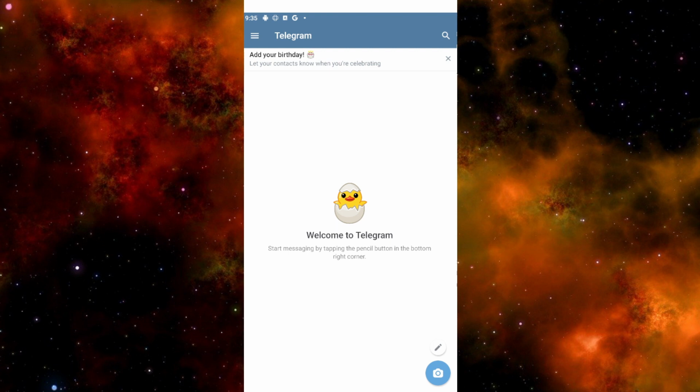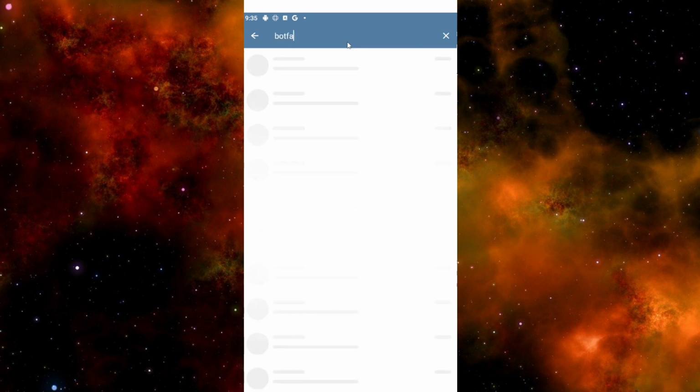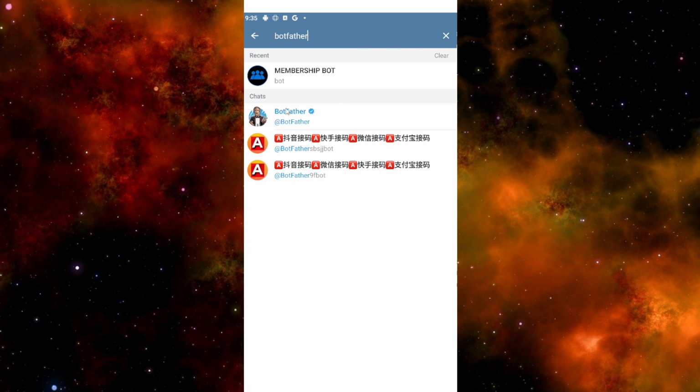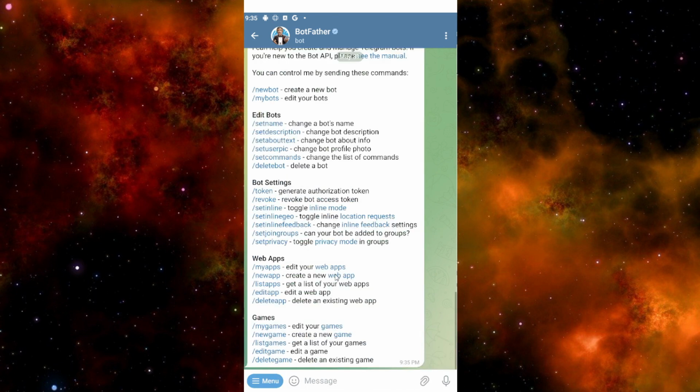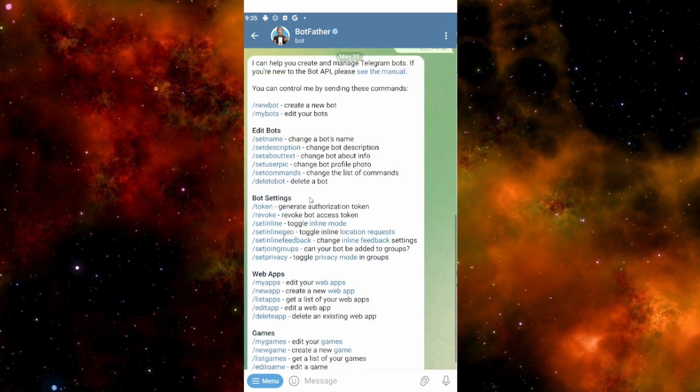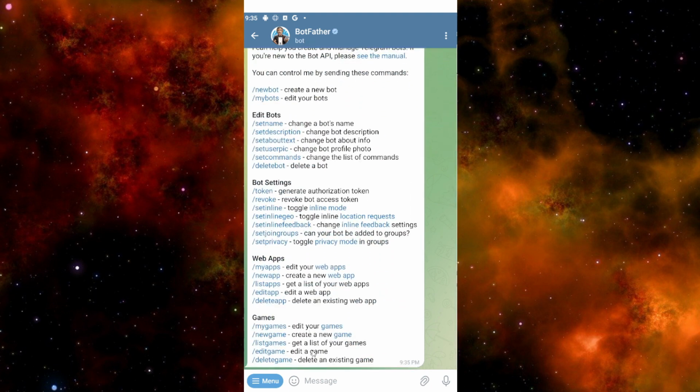So the first thing that we need to do is to open our Telegram app right here. And after opening our Telegram app, just go here on the search bar. So click this icon right here, and then search for BotFather. And then click this one right here, and after clicking, click this button right here. After that, you will be sent this message right here. So all we have to do is to type / and then type newbot. So click this one right here,